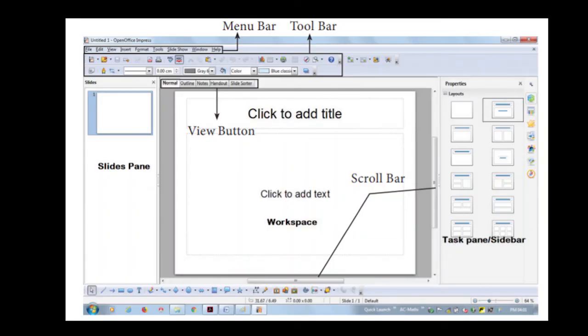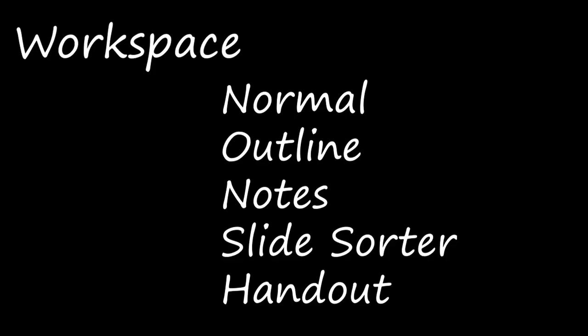Here we have seen view buttons, status bar and navigator. And then we have seen the workspace. In the workspace, we have started to see Normal view, Outline view, Notes view, Slide Sorter view and Handout view. We'll see the explanation of this workspace and the elaborate definitions of these views in the next session. You just read these portions today and make a note of it also.